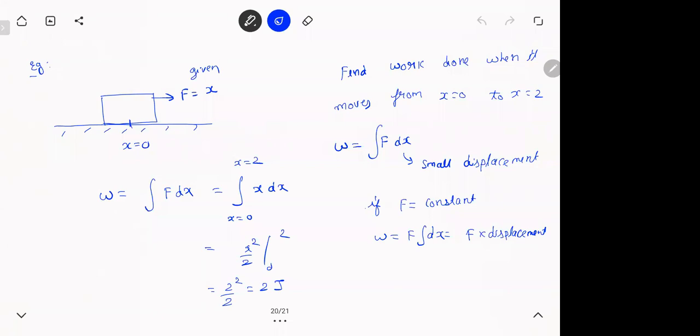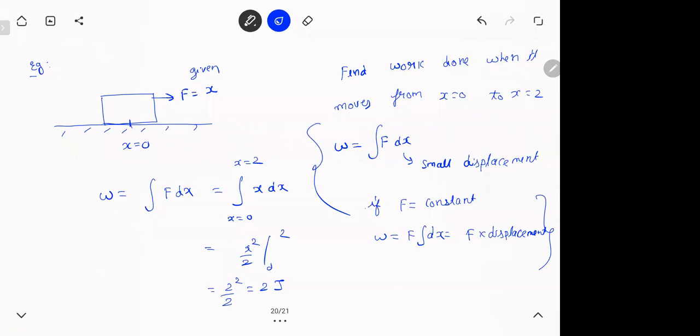Now, if something is changing, remember we have to integrate. So what will be the work done formula? Work done will be integral f dx. This is nothing to do with the question; in general I'm teaching you. Work done is integral f dx. If f is constant, f will come out of the integral, the first identity. And the formula would have become force into displacement. This is what was taught in school. Force into displacement is work.